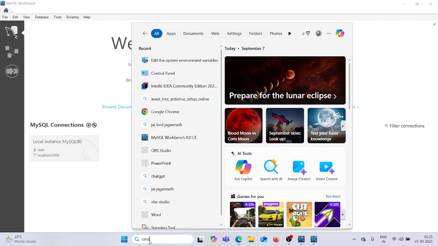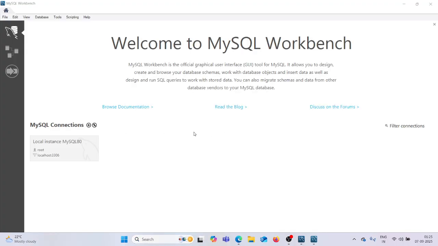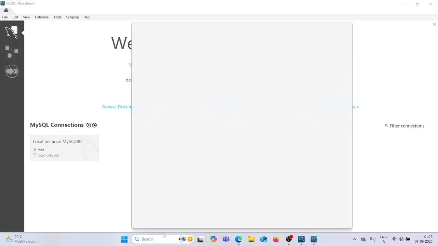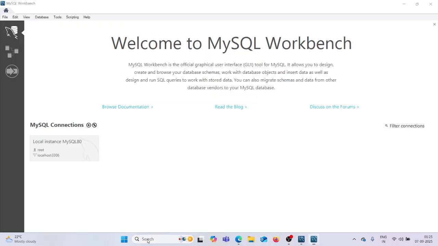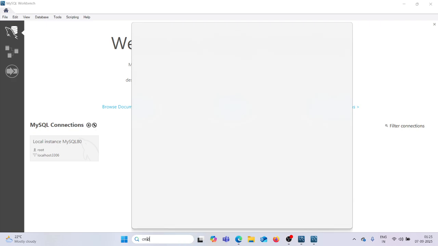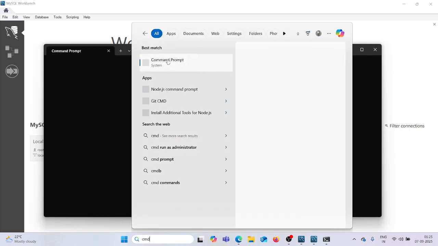Then search for CMD prompt, which will take towards the command line. It is the same as your MySQL Workbench. Here, just one thing I want to show you.